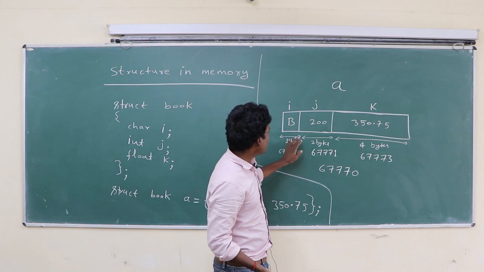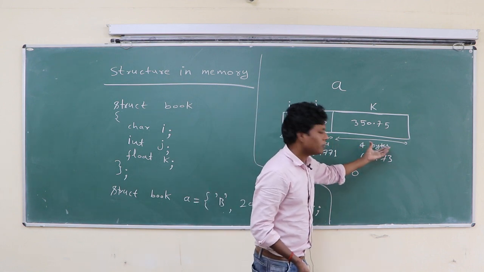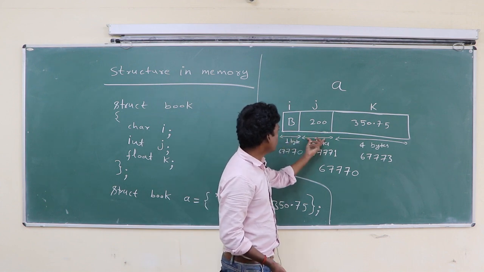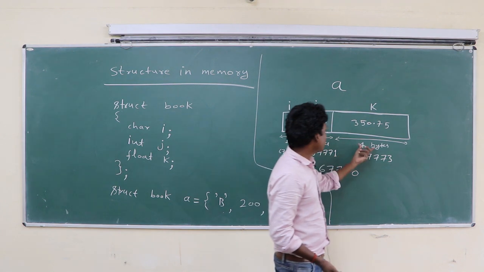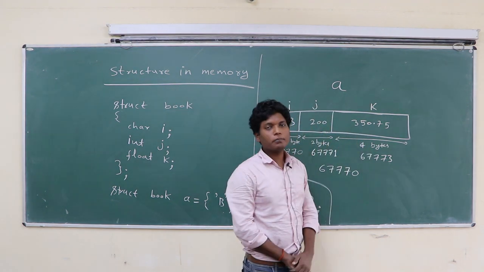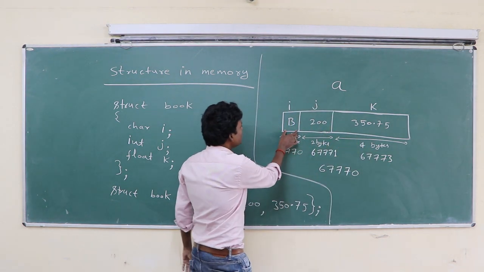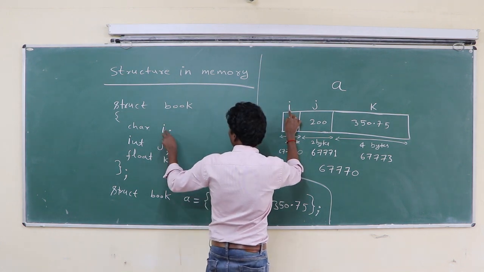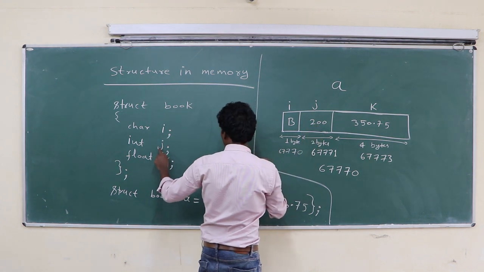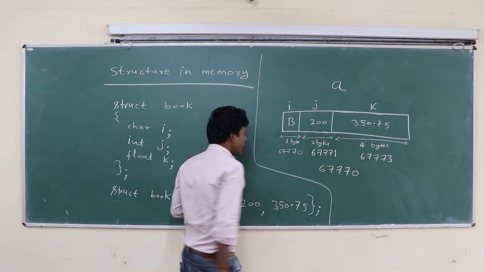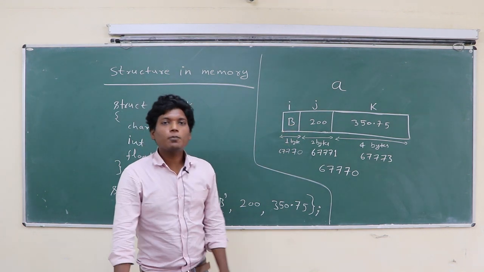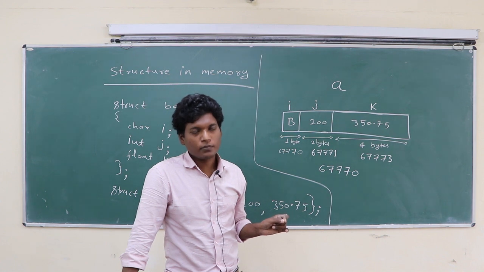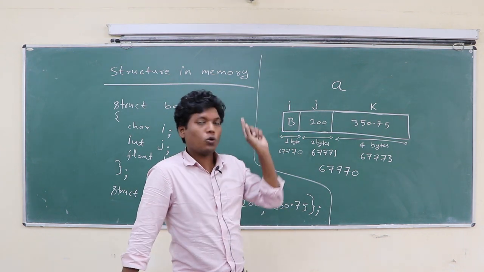Okay, so we increment and we get another block of address right now. This is the 1 byte because it is a char type. This is the 2 byte because it is an integer type. This is the 4 byte because it is a float type. Okay class, and each block also has its individual name: I, J, K. Okay class, in memory each block has an individual address and individual name, and the overall location has an overall name